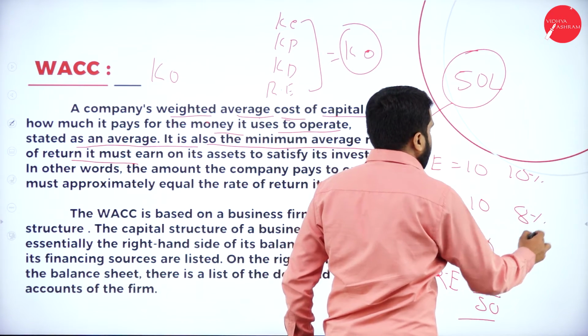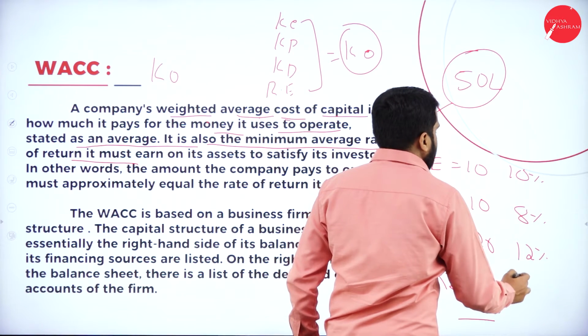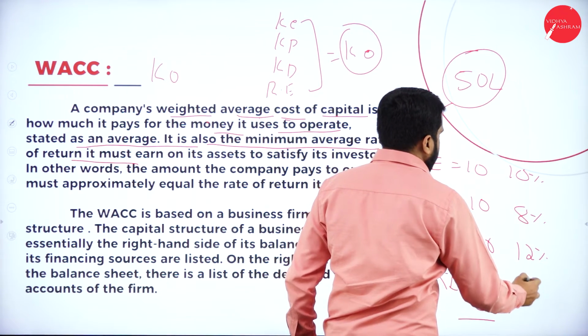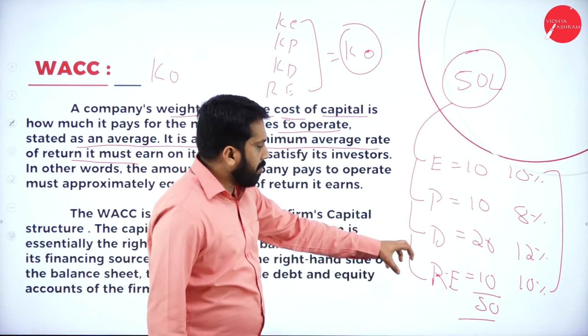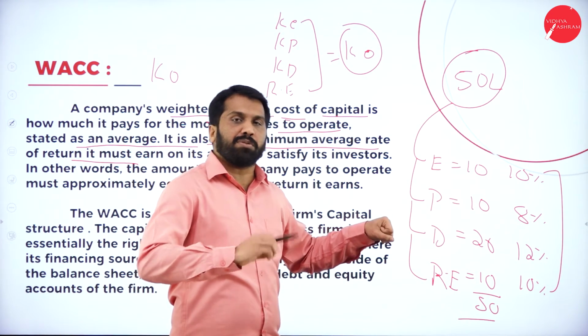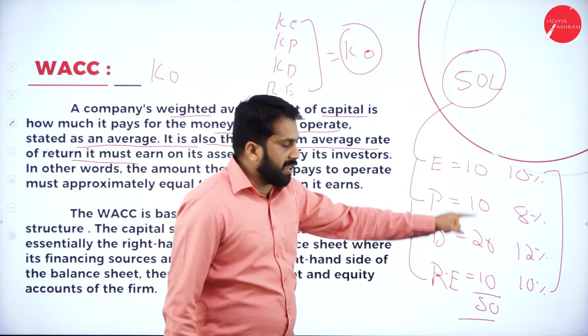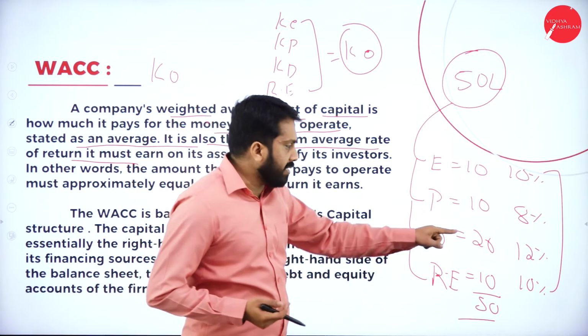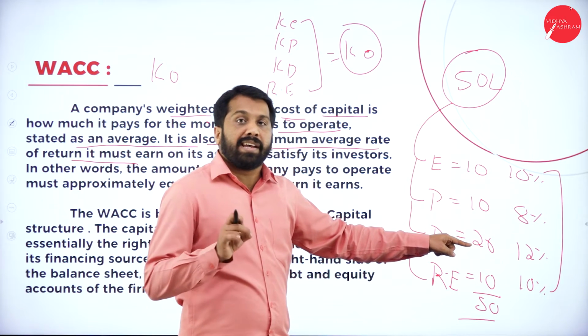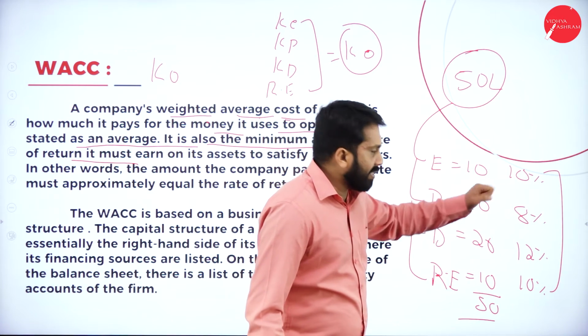Now, equity shareholders, you are paying them 10% dividend. It is around 8%, 12%. Some equity shareholders, how much? 10%. These are the costs you are incurring. Whatever amount you have collected for investment purposes, these are the expenditures you are making. Your income must be what? More than this or less than this? It should be more than this.